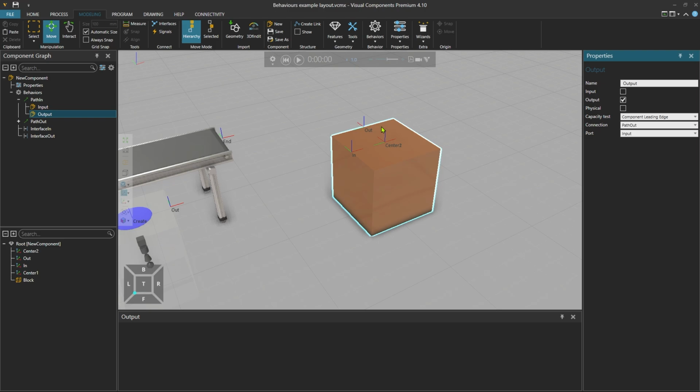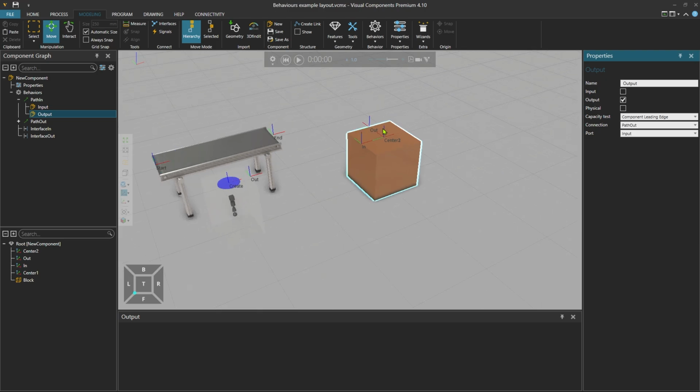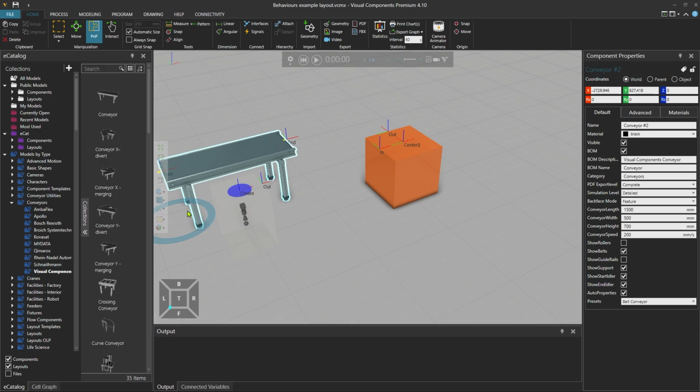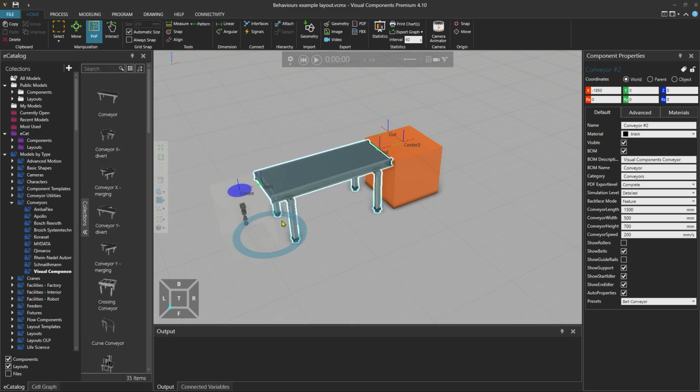Let's test the component by connecting it to two conveyors and the shape feeder. So then returning to the Home tab, we can see that the interfaces have appeared, indicated by the yellow triangles. And using the PNP tool, select the conveyor and connect it to the component.